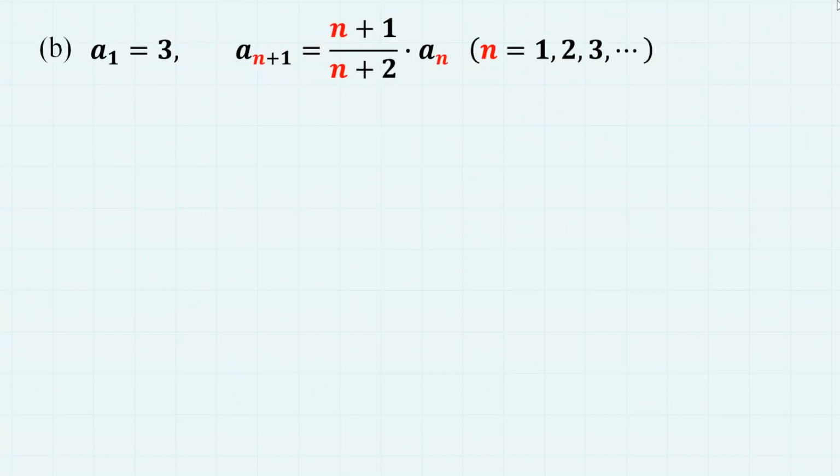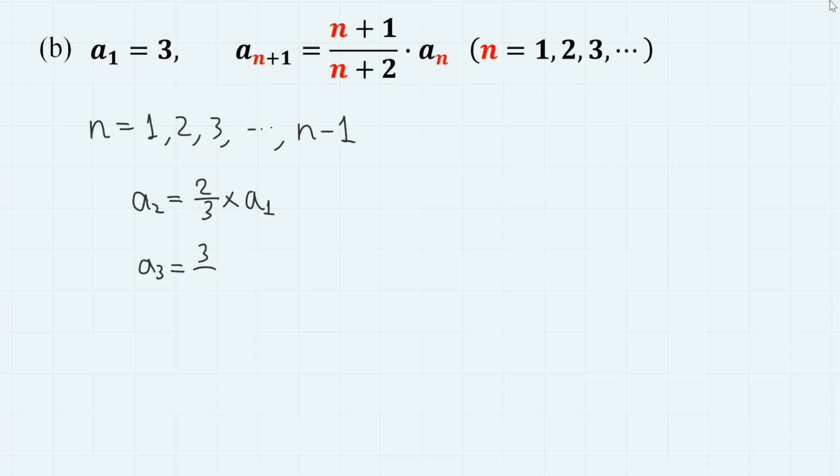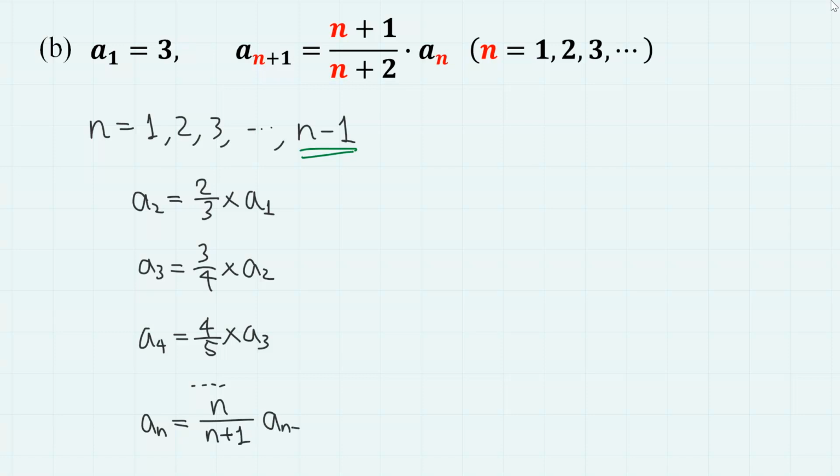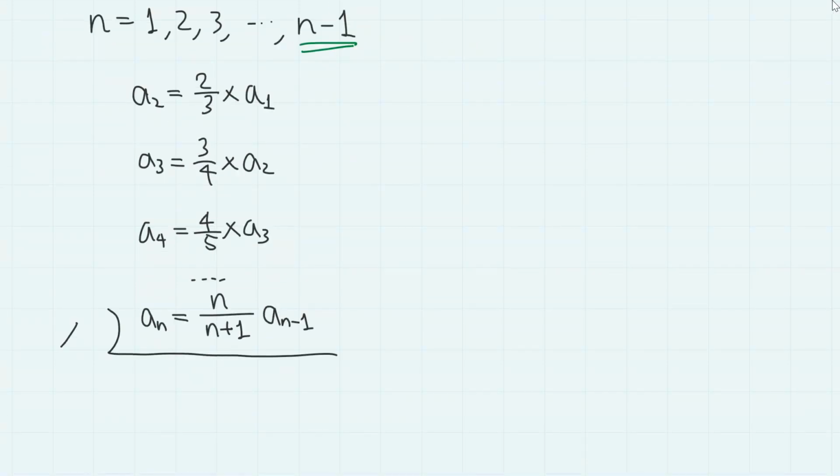For the second one, we do the same. If we substitute n with 1, 2, 3, and so on, until n minus 1, we have, first, when n equals 1, a_2 equals 2/3 times a_1. Then when n equals 2, we have a_3 equals 3/4 times a_2. And when n equals 3, we have a_4 equals 4/5 times a_3, and so on. And finally, for n minus 1, we have a_n equals n/(n+1) times a_{n-1}. If we multiply them,